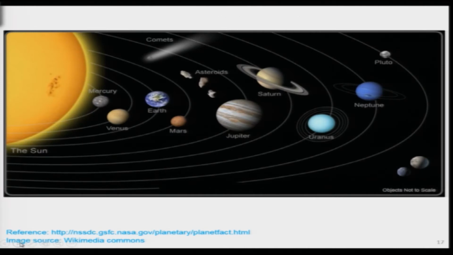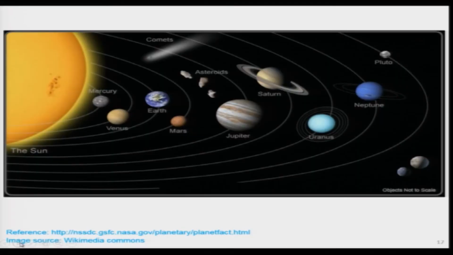Now, I have a question for the students, because I wanted to make some point related to radiative heat transfer, and one of the best examples is our solar system. You can see this is a very rough sketch of the solar system, not to scale, but we can see some of the planets over here.